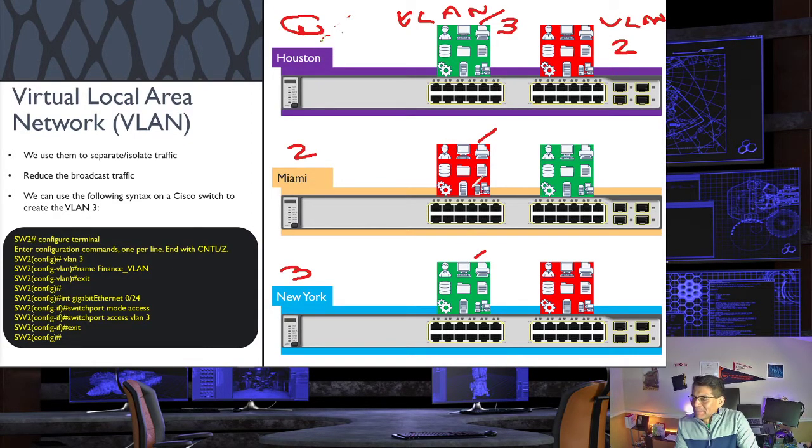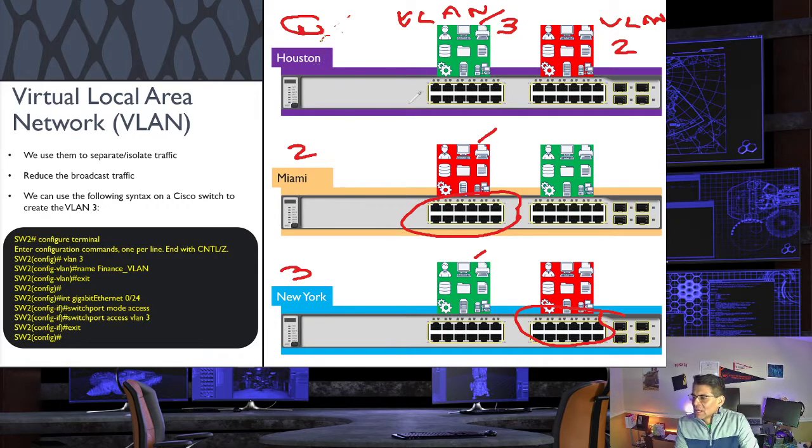Okay, so if you take a look at the red in Miami, we can set up all these switches that you see here on your switch and assign them to VLAN number 2, which is in red right here. And the same could be done in New York. We can configure these switches that I am circling right here as part of VLAN number 2, because the red is VLAN number 2. So even though these devices are in 3 different cities across the US, New York, Miami,